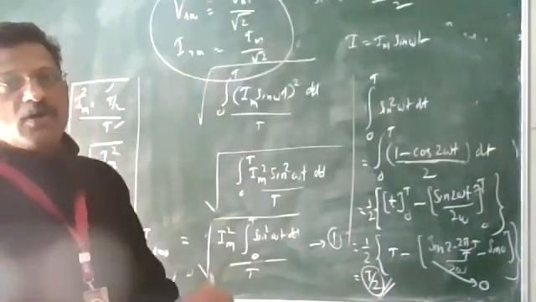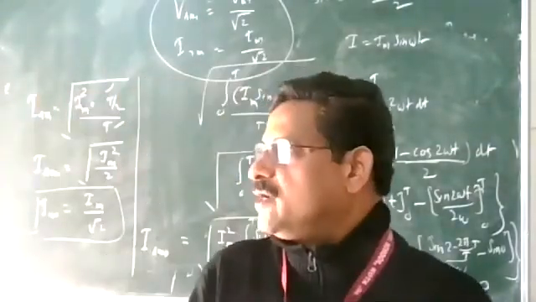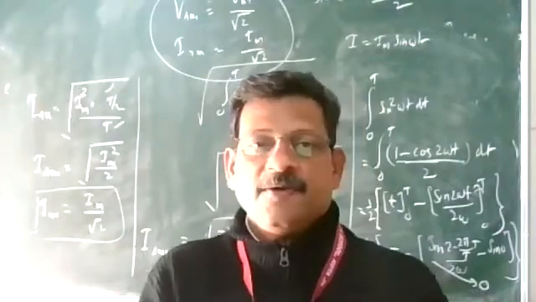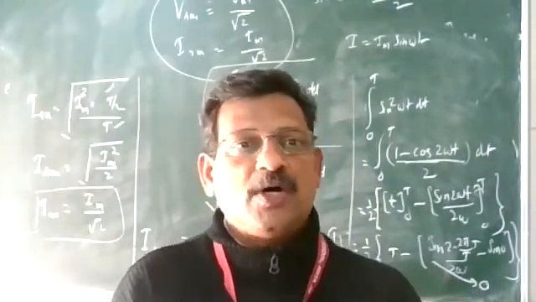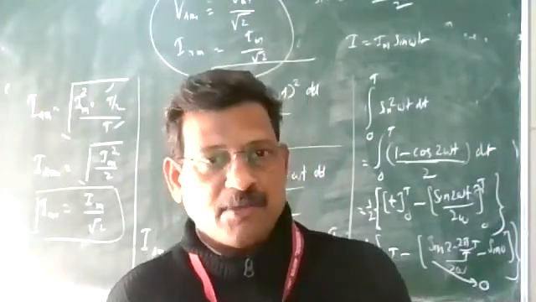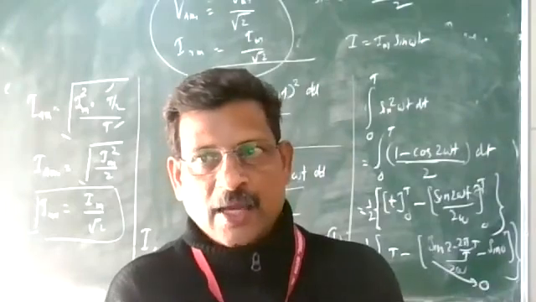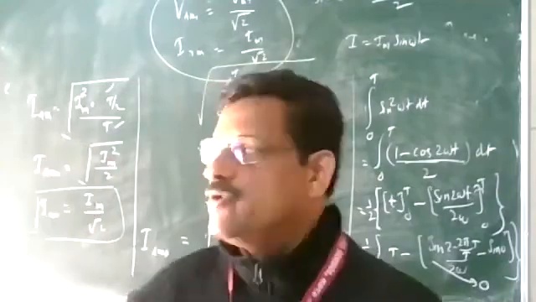And this is very important. The average value of AC over a cycle is 0. So an ordinary ammeter and voltmeter cannot be used to measure AC current or voltage. For that we use an AC ammeter and voltmeter. They measure the RMS value. What is the RMS value? It is explained here. The RMS value definition is this: it is the constant value of the current.